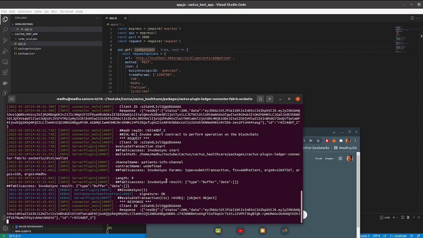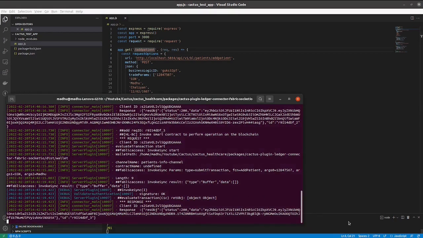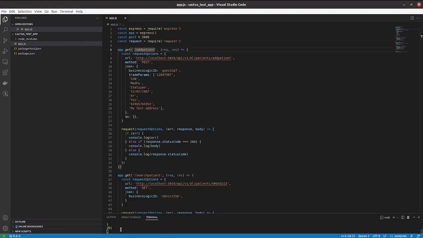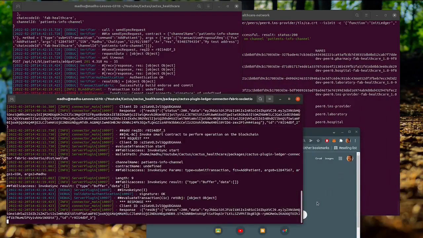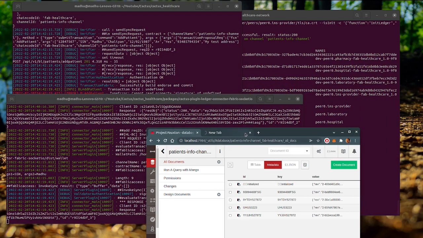That also executed successfully. Here the status code 201 has been returned. That means it successfully created the record. And if you go to that CouchDB database and refresh, yeah, there is one more record added using this service.